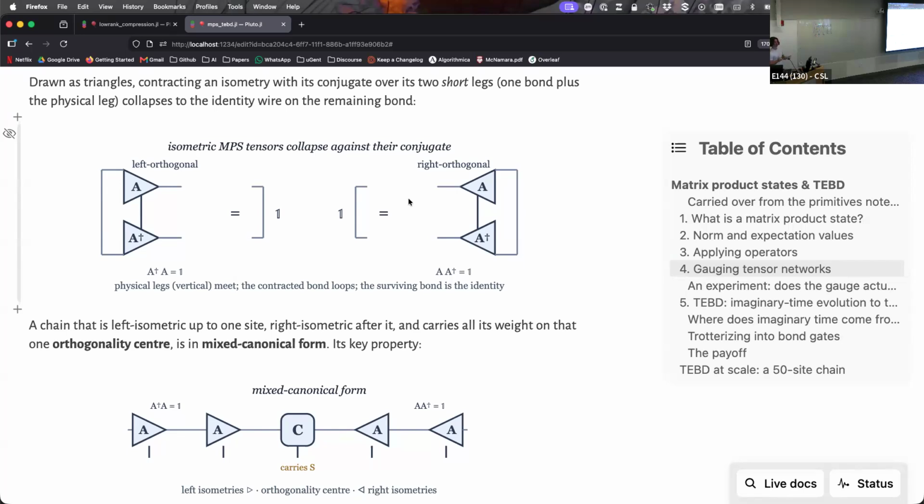Of course, I can recurse. This thing is the exact same equation, and so therefore I can simplify and make this into an identity. On the right-hand side, I can do the exact same thing, and so at the end, the only thing left over